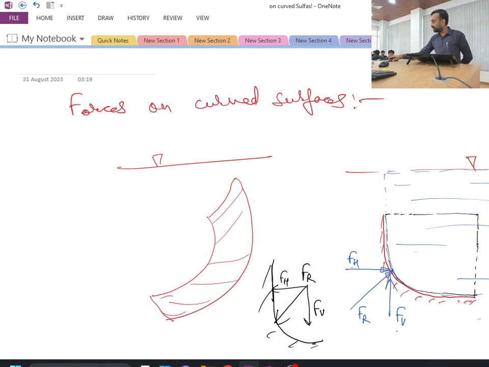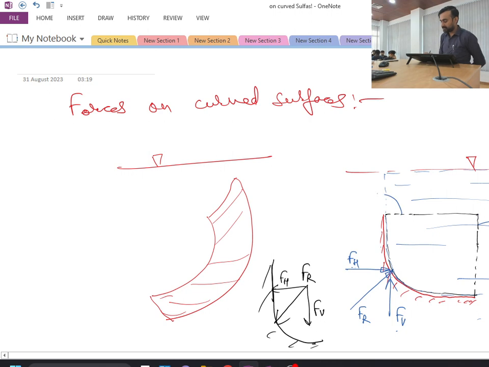Because now this vertical line is nothing but the projection of the curved surface on the vertical plane,